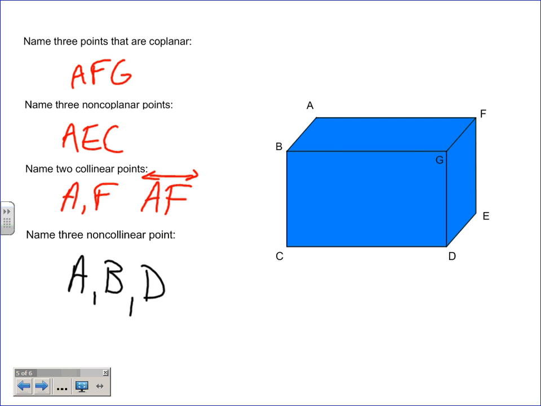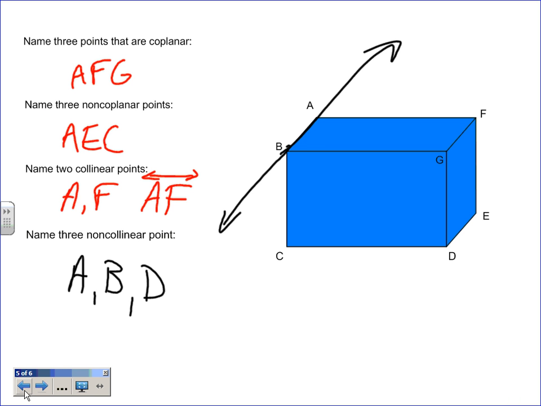A, B, because A and B is kind of shooting out this way and going back that way, right? So you could have given me any other point. Even C would have worked. Because C, if the line's up here, C's down below it, right? So they are non-collinear. I think for most people, the hardest part's the visualization of the 3D. It's probably the hardest part of getting the planar and non-coplanar and all that. Okay, any questions? There's another slide for no reason, apparently. Okay. Any questions on any of that?